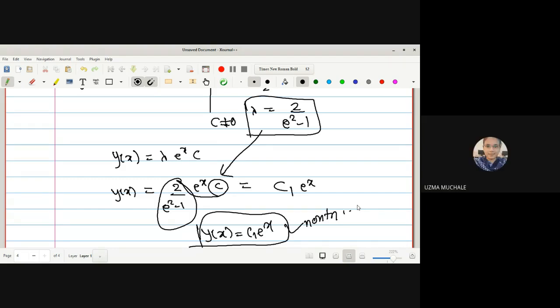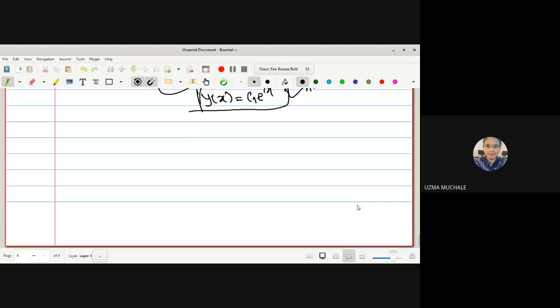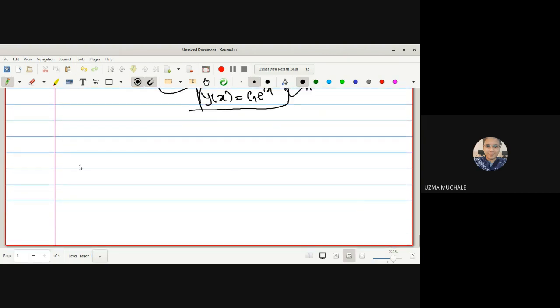Have you understood? Yes, ma'am. Okay, let me solve one example. You also have to solve this example with me, and then I will give some homework for you. As I told you, we are having simple methods and examples. Write down with me y of x is equal to, simply the question is solve.